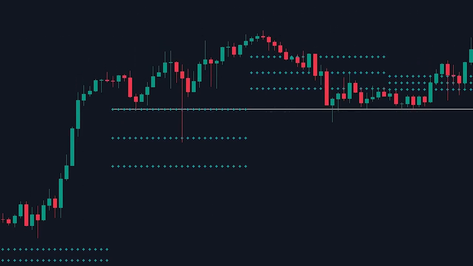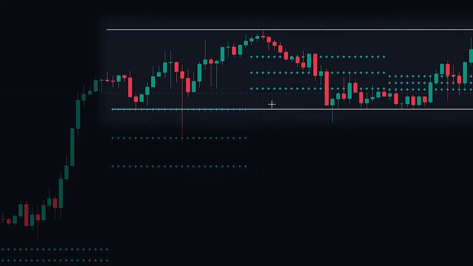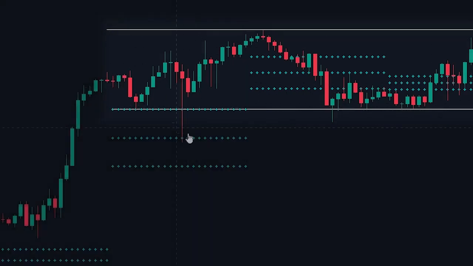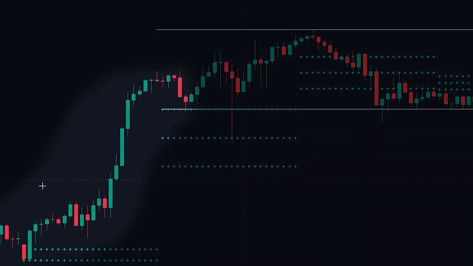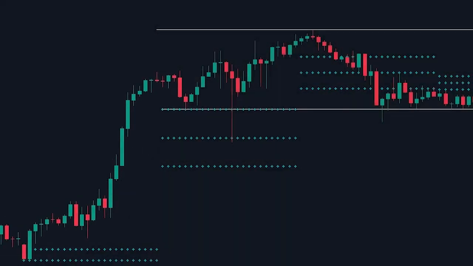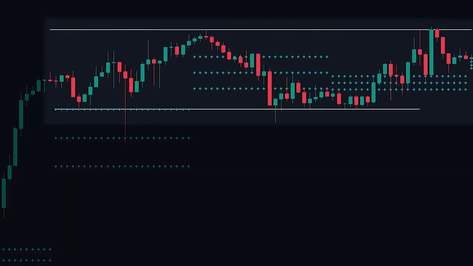range. On the other hand, wide central pivot ranges can also indicate that the market is ranging. This is because the price action will come close to the CPR only to immediately reject it, causing the market to range. Here we see that this was the case. The price made a sharp move to the upside. However, after this move had occurred, the price action refused to break through the wider CPR, causing the market